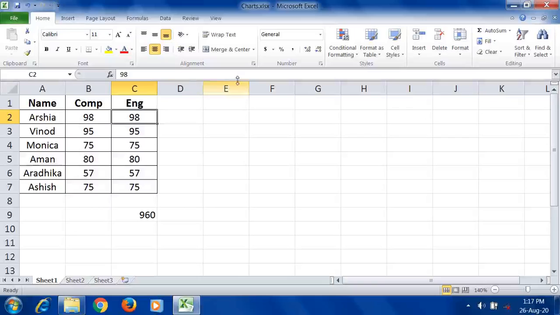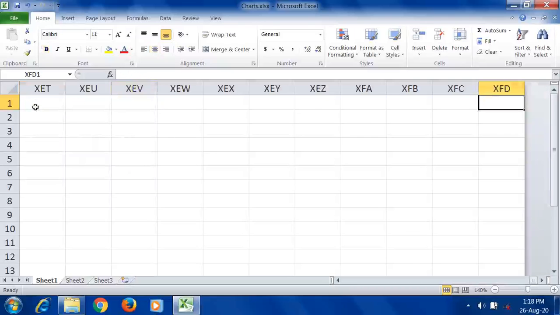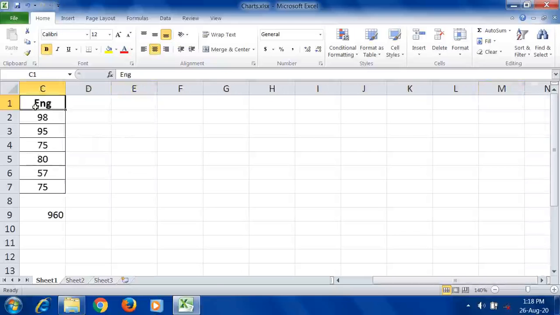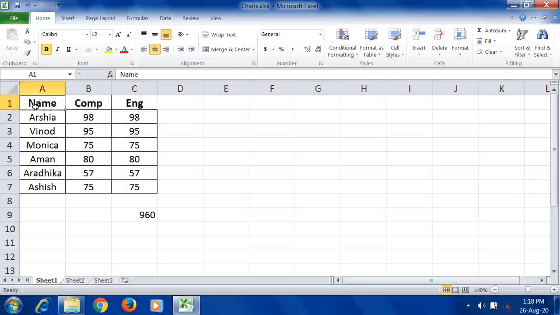Next is column headings. We have a total of 16,384 columns. It begins with the letter A till XFD. So the last column is XFD. Let me move to that last column. So the total number of columns is 16,384, and every column is named with alphabetical characters, from letter A to Z, then AA to AZ, up to XFD. So these headings are given to identify the columns, and you can use them in formulas or in a range.